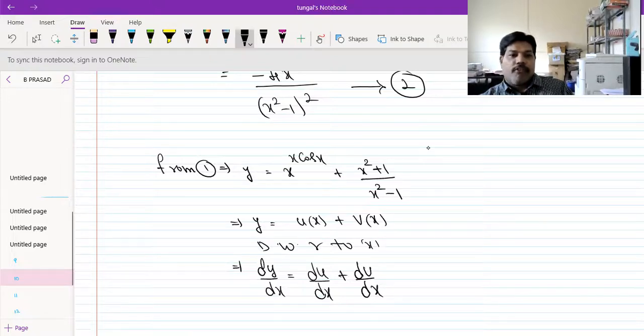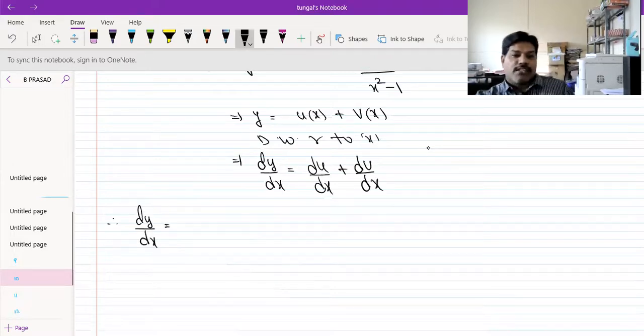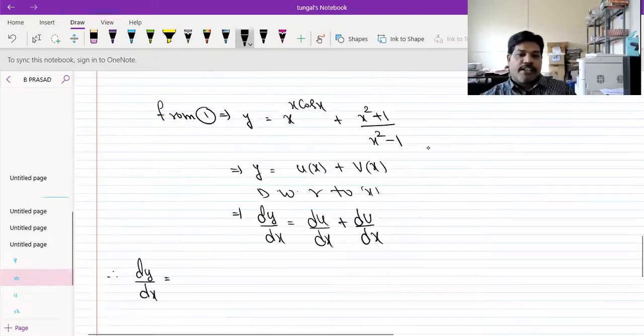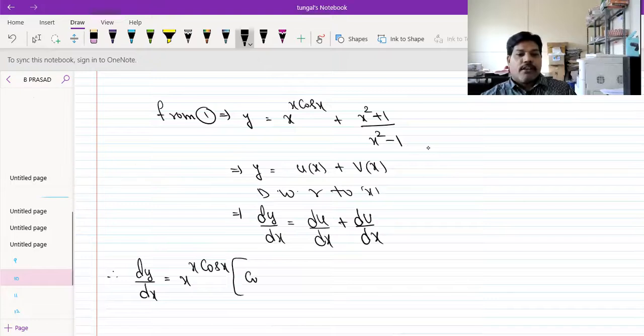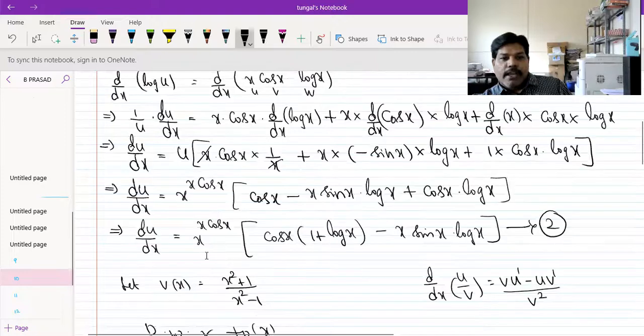So what is the du by dx, students? du by dx is equal to x power x cos x into cos x into 1 plus log x, see that one? So x power x cos x into 1 plus log x